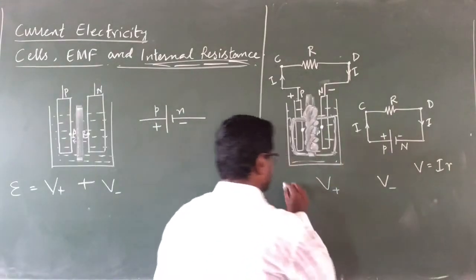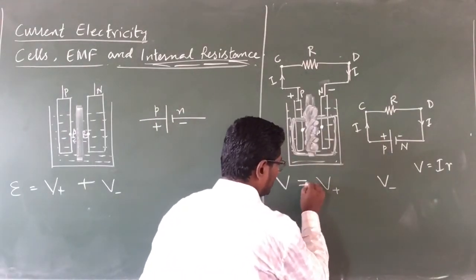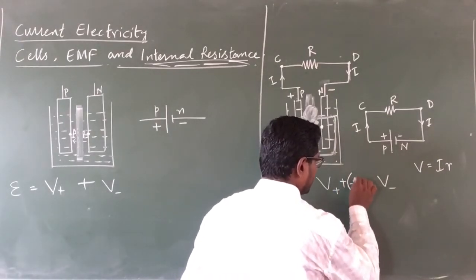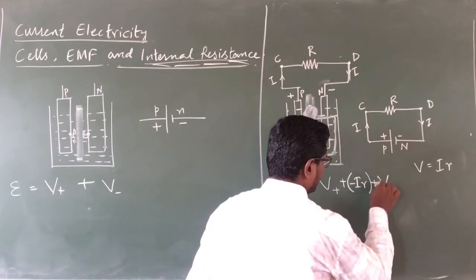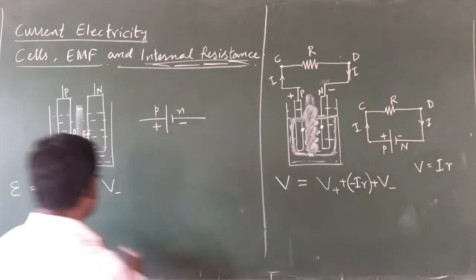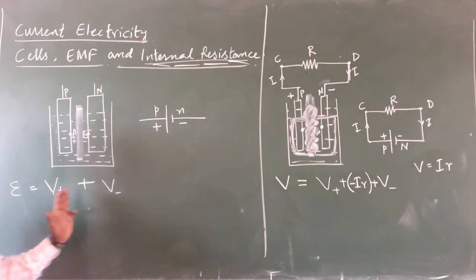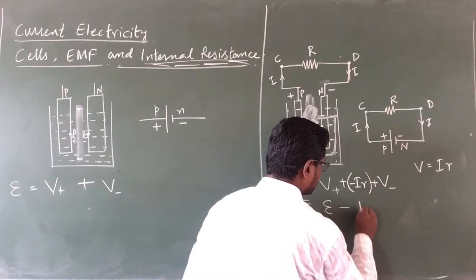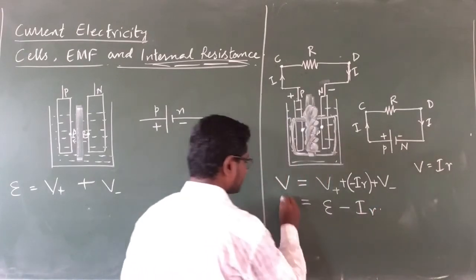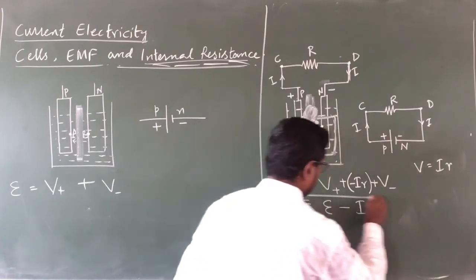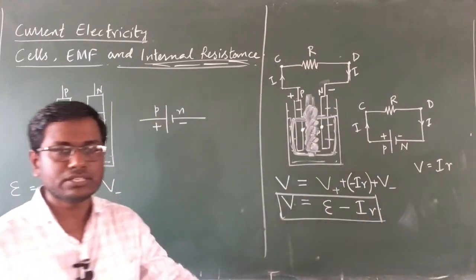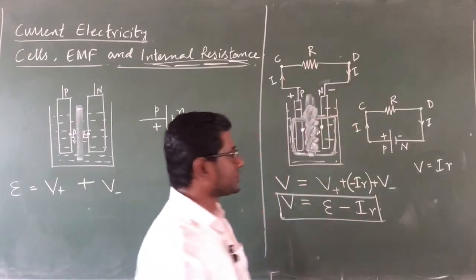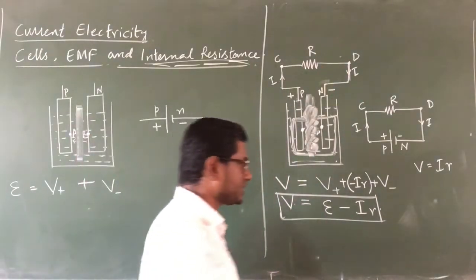Now if I want to complete the same equation, it will be V equal to V plus minus I into r plus V minus, and from here I already have that epsilon equal to V plus plus V minus, and that is going to give me epsilon minus I into r, and that is my terminal potential. This equation is valid only when there is a current flowing in the external circuit,